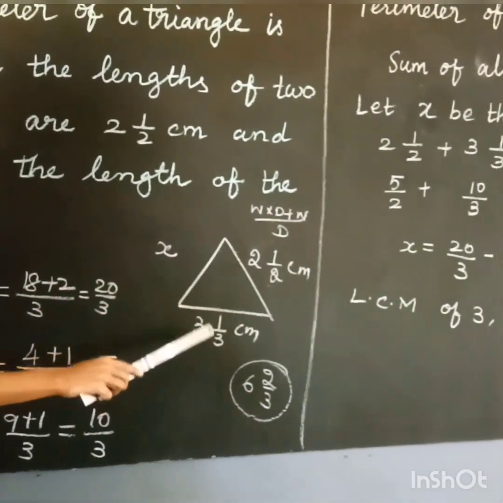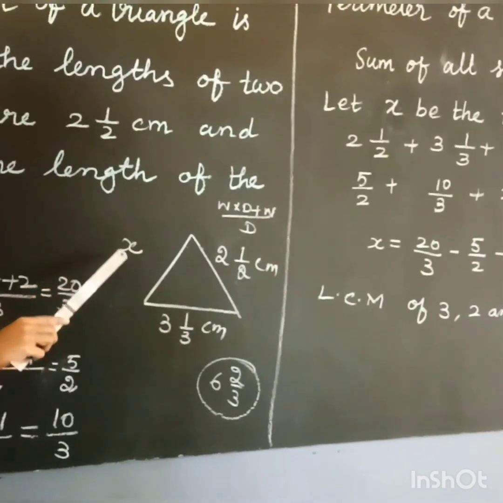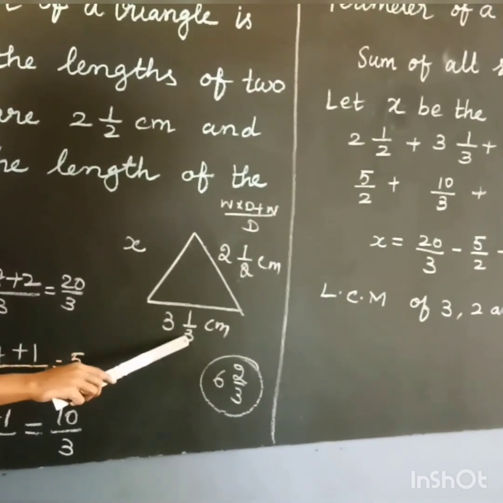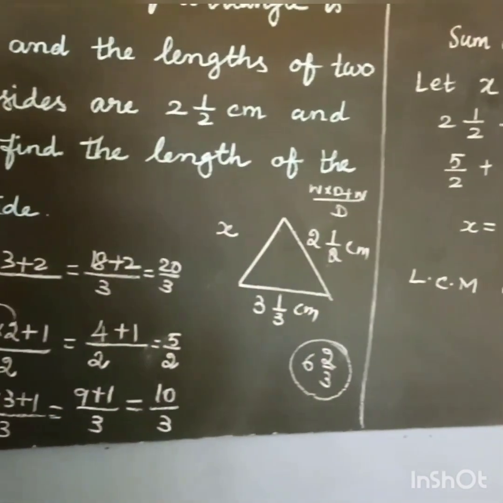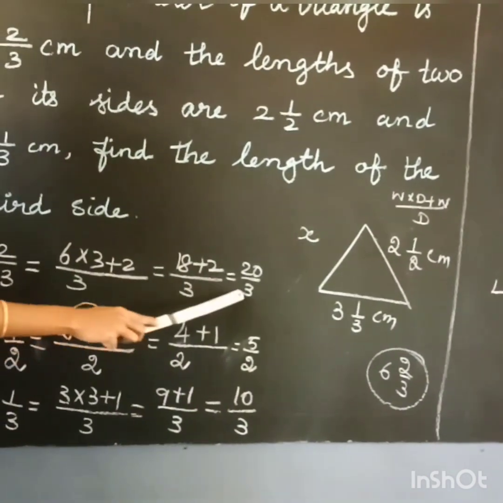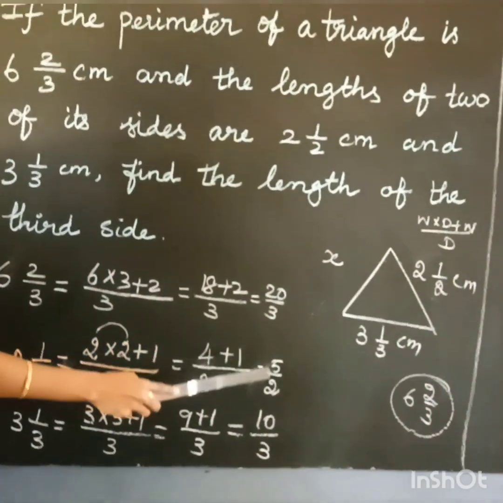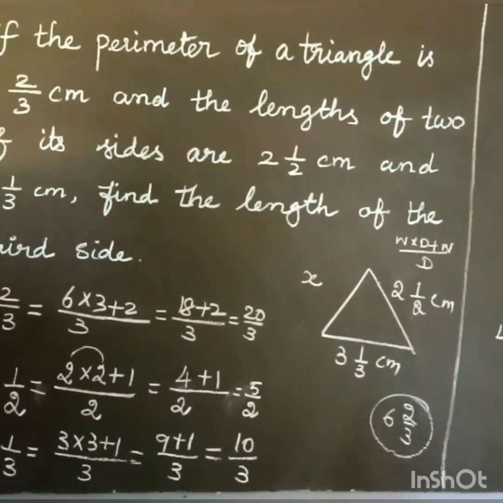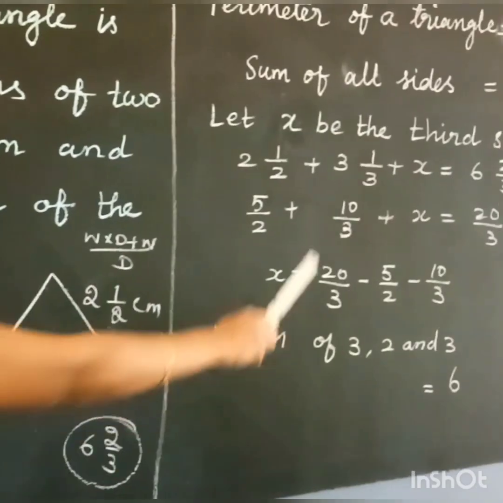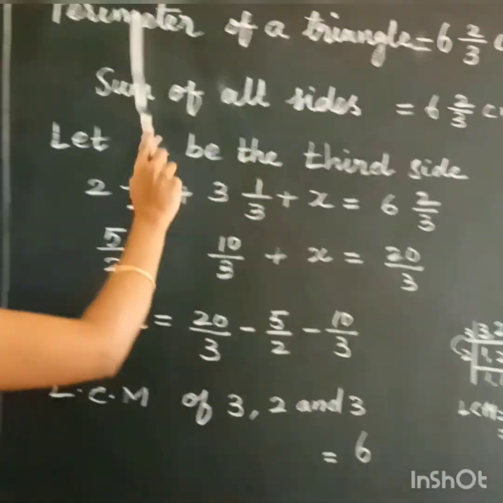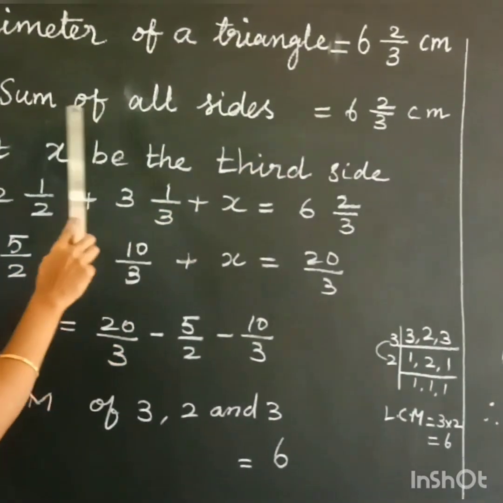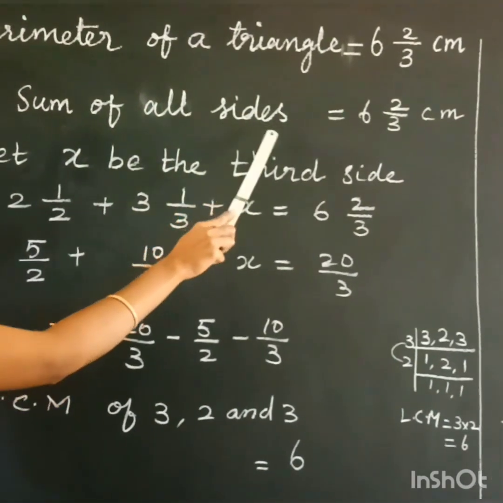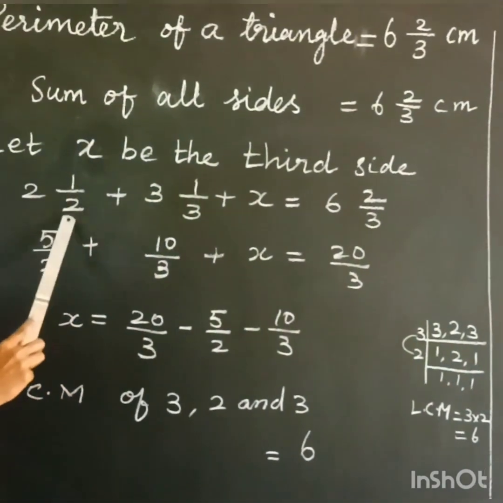First side, this is your second side, and the third side we don't know, so we take the value as x. See that the values of the fractions are mixed fractions, we converted them into improper fractions. So we converted the mixed fractions into improper fractions for the perimeter value, and then the two sides also. And then we have to write the solution. The solution, what is given, you write statement-wise. And then what is the formula? Perimeter of the triangle is the sum of all sides. A triangle has 3 sides. So we have to add 3 sides.